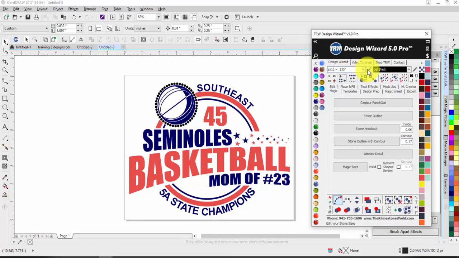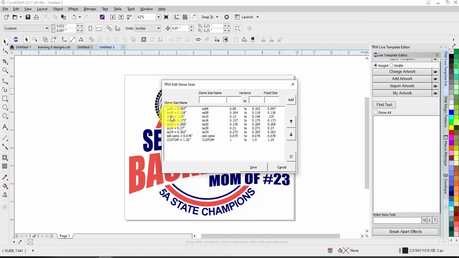But to change that, you can just click on this pen or pencil right here. You're going to select SS10. Fixed size is yours, it's going to say 0.13. You're going to switch it to 0.135, and then just make the variance right here one higher. And then make sure you hit add at the end. It should update your SS10. And then just come down to the next size,